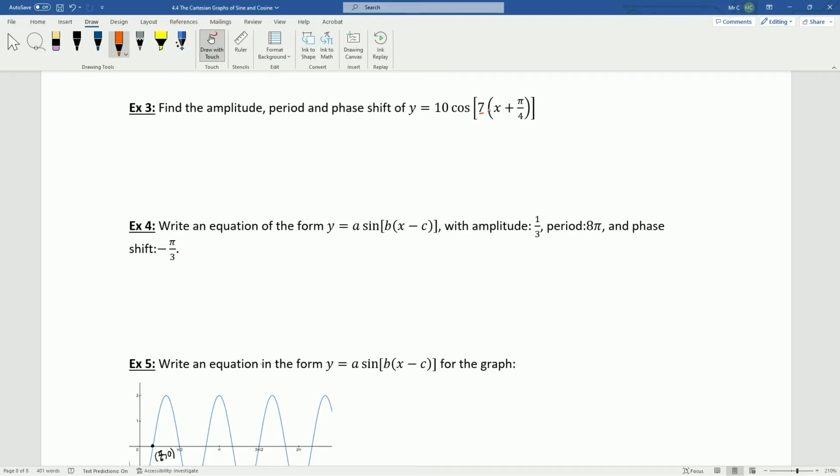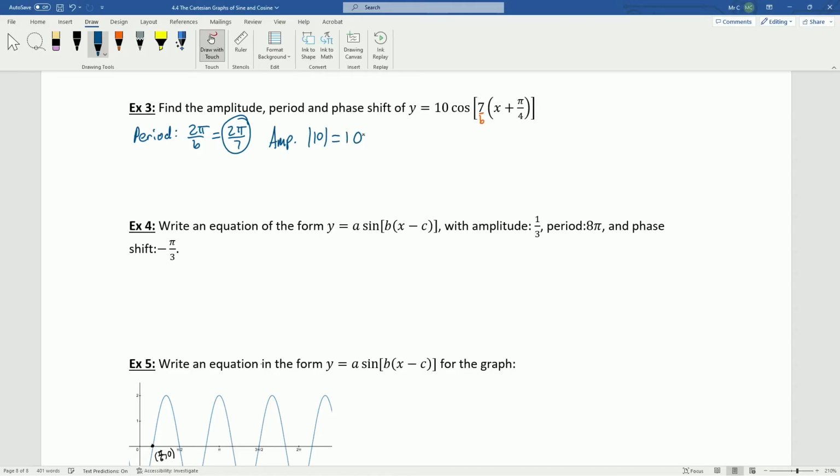Okay, so how do I find the period? Well, this is b, so let's do the period first. It doesn't actually matter what order we do this in. So period is just 2 pi over b. That's 2 pi over 7. Done. Okay, well, what about the amplitude? Well, the amplitude is just the absolute value of the number in front, and the absolute value of 10 is,